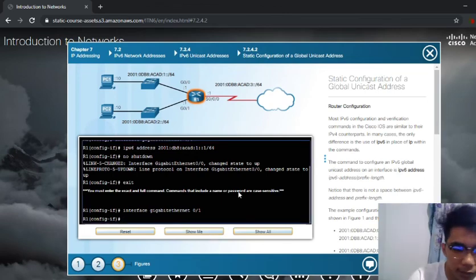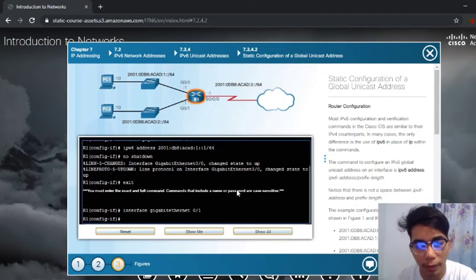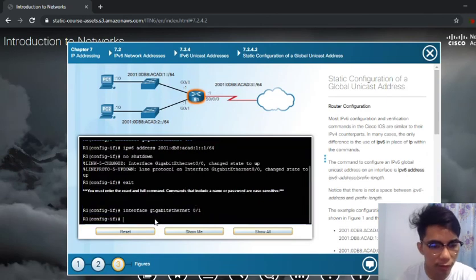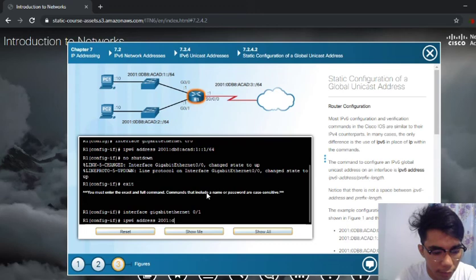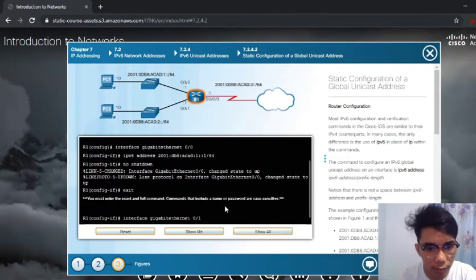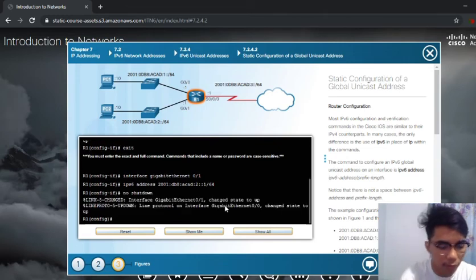Interface gigabit. For me, I would exit in that particular sentence, but in this command it's not, so let's still continue. Then IPv6 address is 2001 db8 acad 2 64. Then the no shutdown command, then let's go for